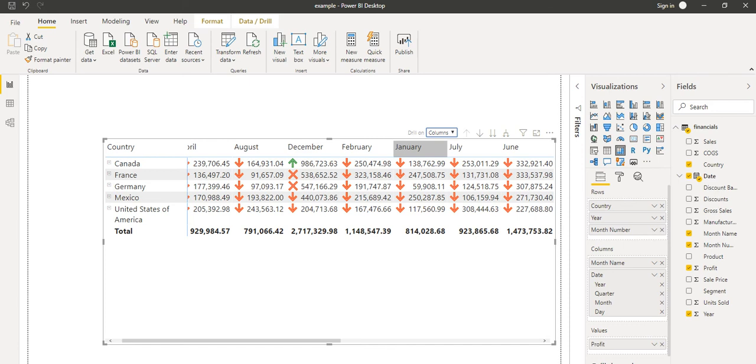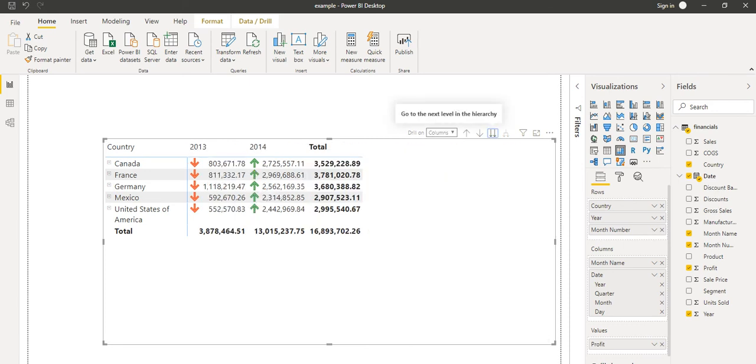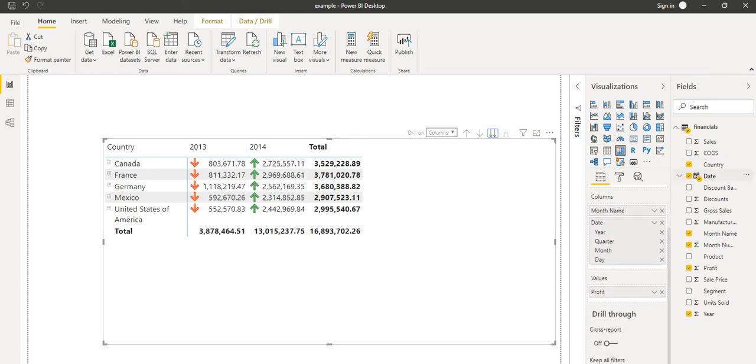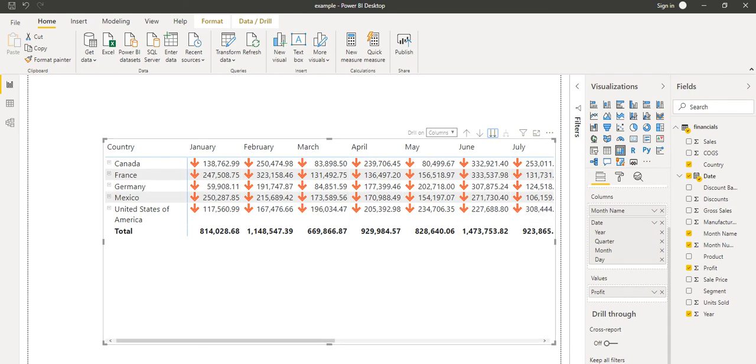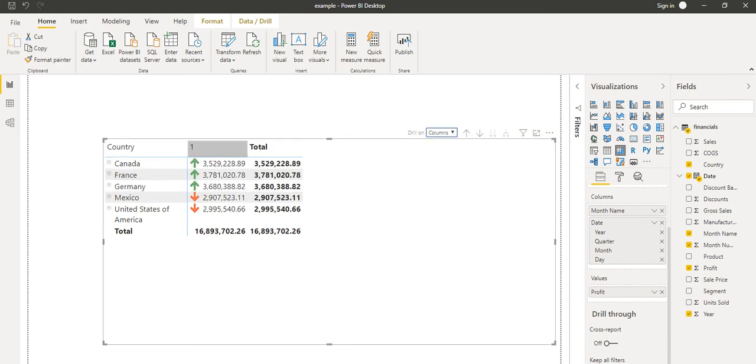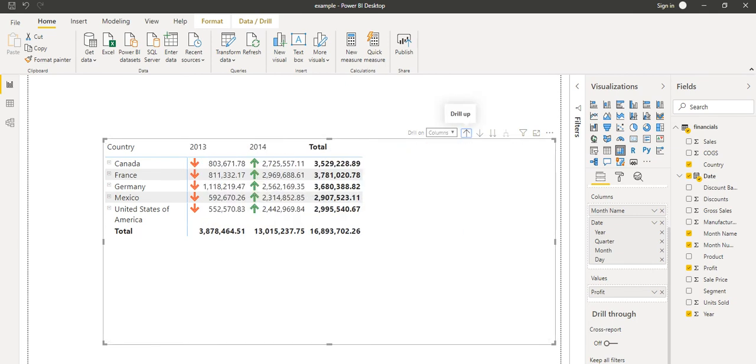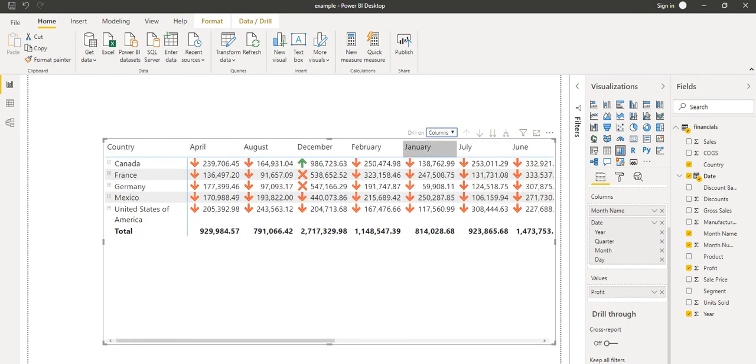When I select the column and click on this, we can see it is showing over the year. By default, because this date is a date hierarchy drop down, it is expanded to year, quarter, month and day. When I go to the next level, we can see it is quarter wise. Then if I go again, it will come month wise, and then day wise. When I click on this, it comes to the first day. If you want to go back, we can go with this arrow button, and we will be at the first position, where we are showing the month name. In this way the hierarchy matrix works in the Power BI Desktop application.